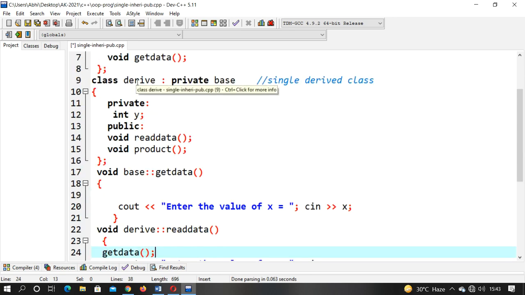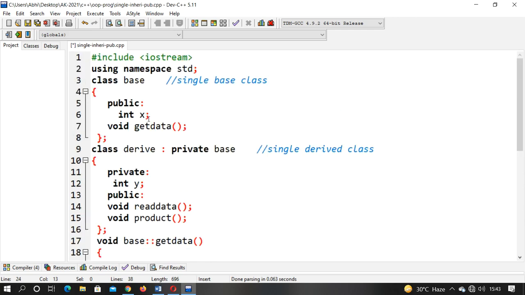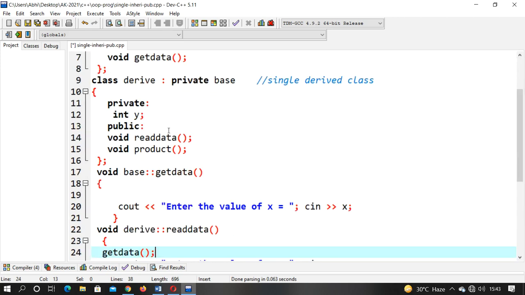Because it is a function of the drive class. So the object of the drive class can only access the functions of that particular class. Why? Because the base class is private to that object, so the object cannot access the data members and functions of the base class.